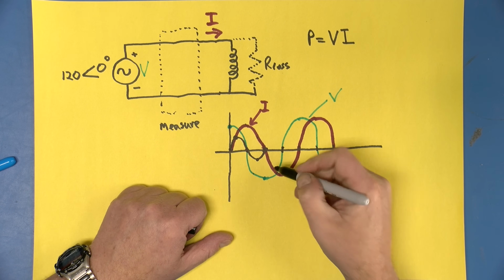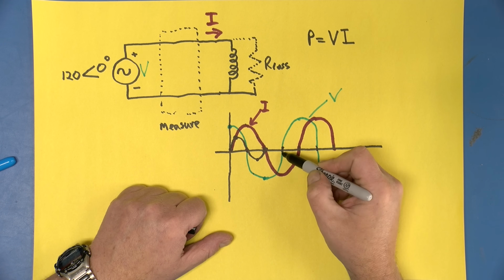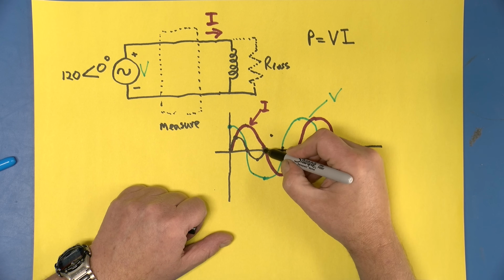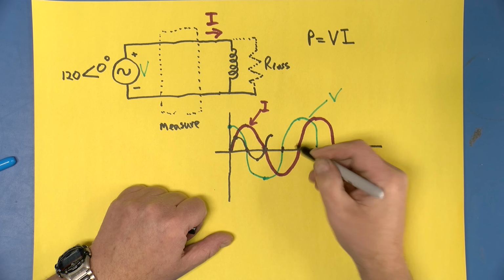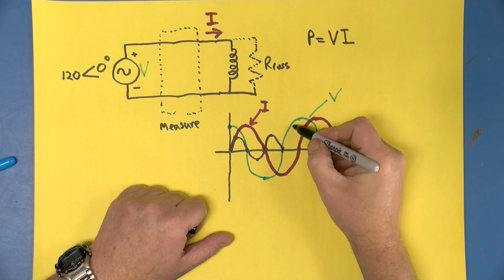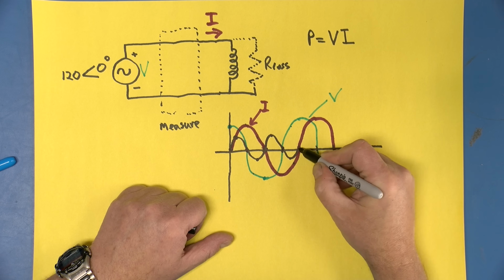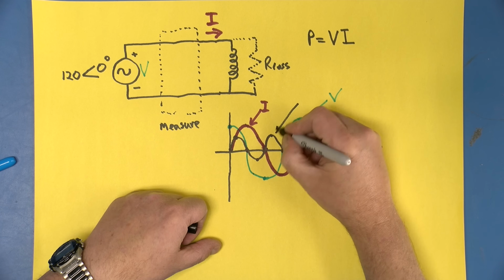And we can repeat the process. Over here we have some mid-sized negative value times some mid-sized negative value. Surprise, surprise, negative times negative is positive. So that comes up to here, and then over here 0 times a positive is 0. Over here, what do we get? We get a negative, and it sort of does this. So this is our